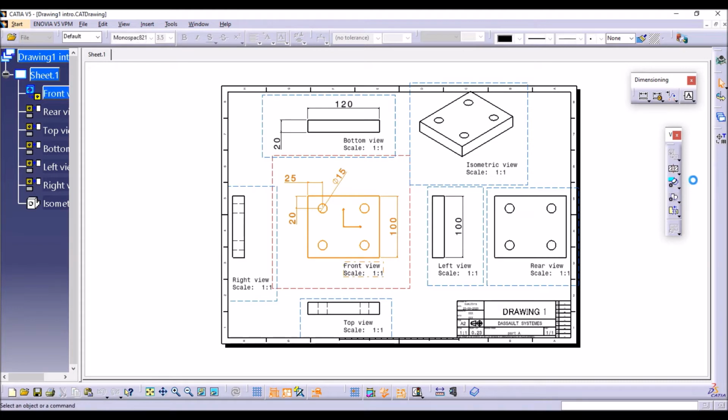Some of the options in the detail views: just click on the arrow mark, you will get some options, just drag it. So these are the detail views here. First is the detail view, next is the detail view profile, next is quick detail view, and next is quick detail view profile. We will learn these tools step by step. Detail view is used to get the detailed view of the objects, that is, a detailed view of a particular area.